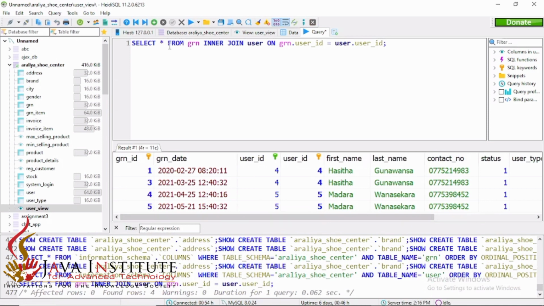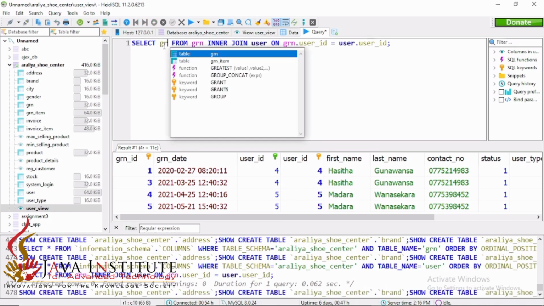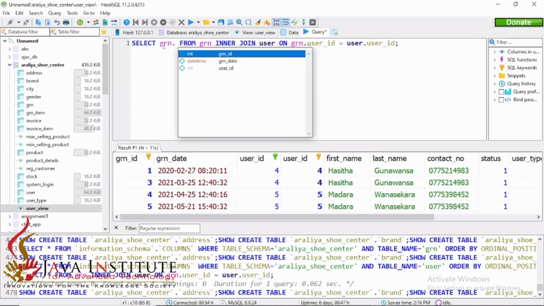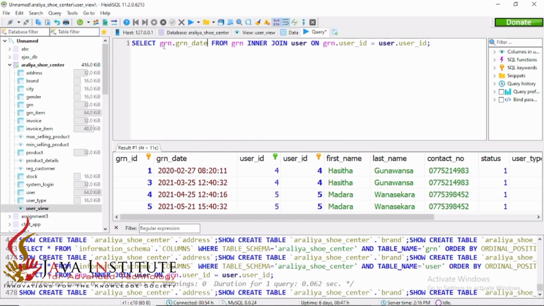And after that we can filter them. Here we can find out only the GRN ID and the GRN date and also first name and the last name of the user and all these things. So I'm going to customize this here. So from the GRN table I have to find out only the GRN date and the GRN ID.